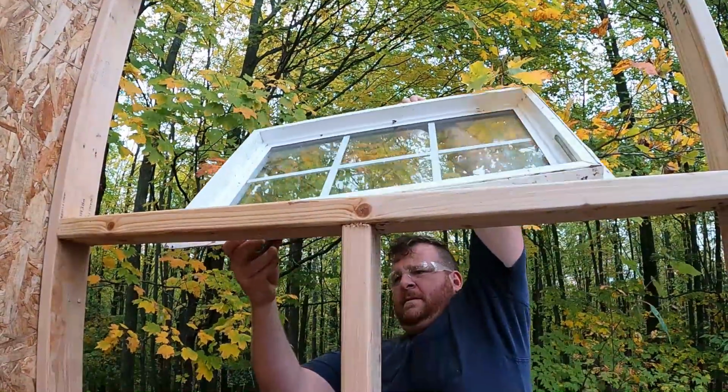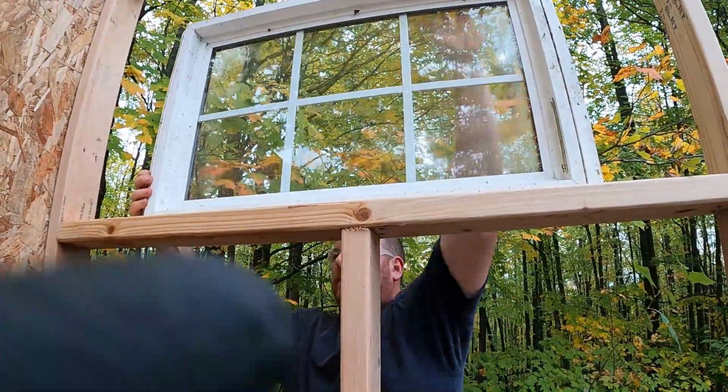Up there and try to find a... move it until it...